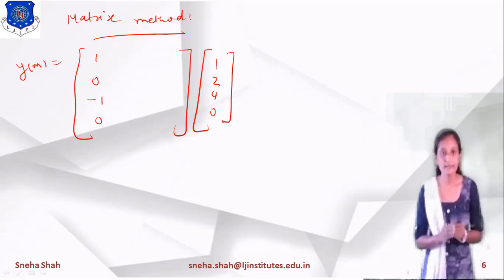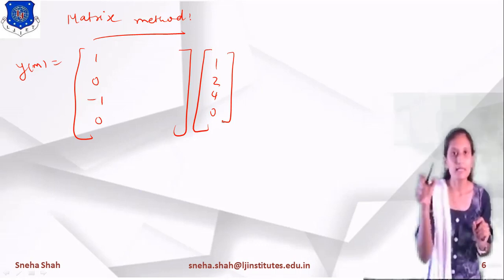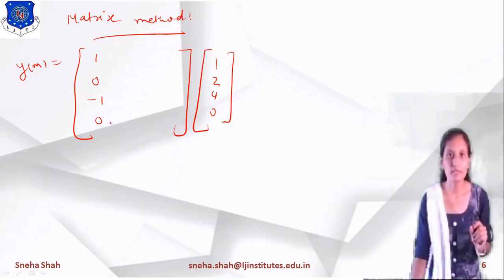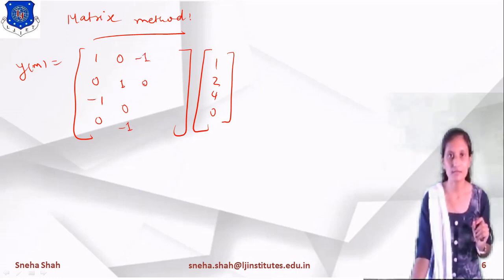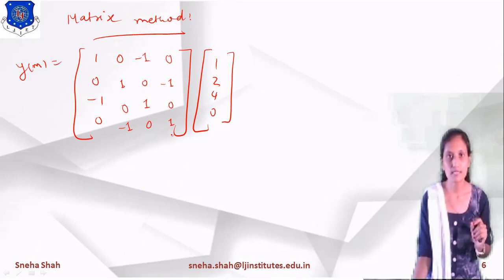So I have written x of n and h of n in the matrix form and in the column form. Now these terms will be shifted like this. The last term will shift over here, this one goes over here, 0 goes over here, and minus 1 goes over here. In the same way we will represent it. This minus 1 comes here, 0, 1, 0. The last 0 comes here, and the next one is minus 1, 0 and 1.